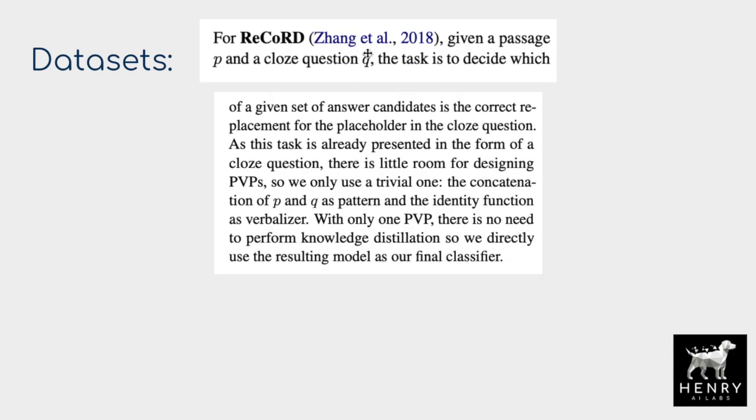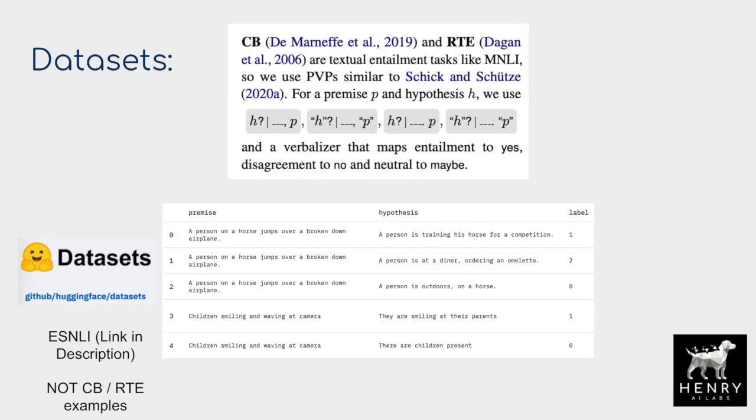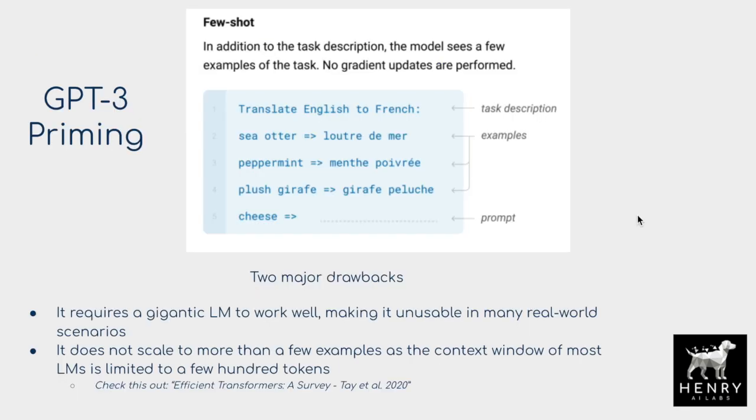And then finally, we have this ReCoRD dataset. It's already set up as a cloze question, so it doesn't require too much extra processing by the authors of this paper. So these are the different datasets that are explored in this paper, and I recommend checking out any of them individually. A lot of them are on this Hugging Face Datasets NLP viewer, and you can also just go to the links in the paper. The next slide will show the results comparing the pattern exploiting training and the iterative pattern exploiting training with GPT-3's